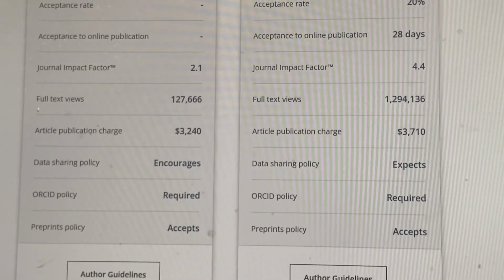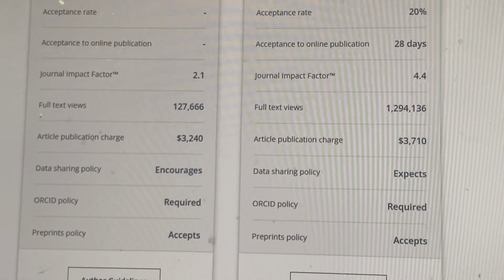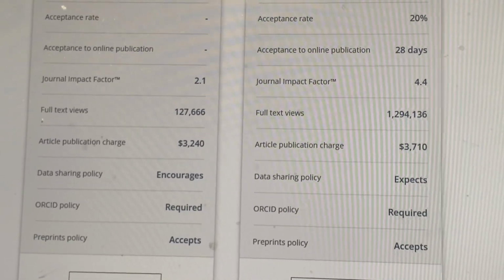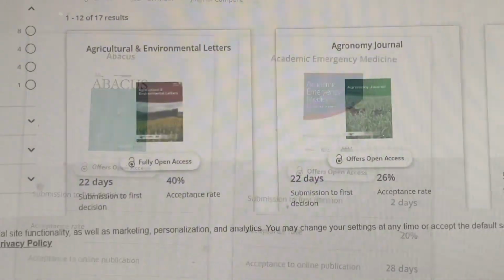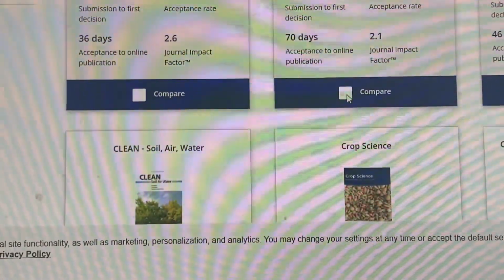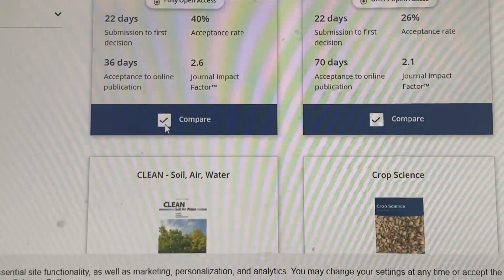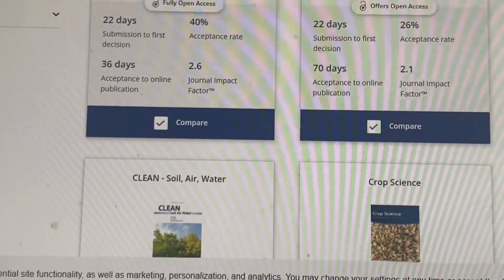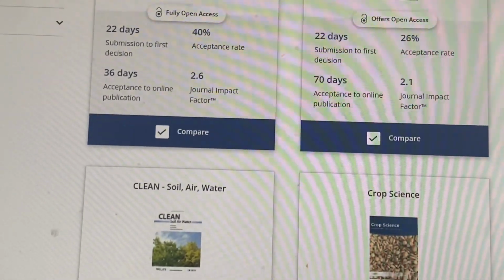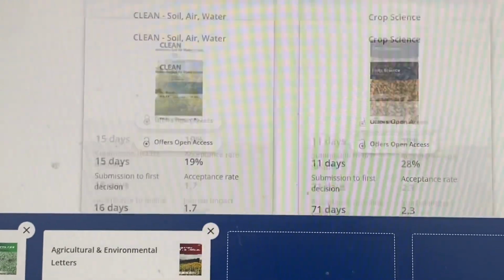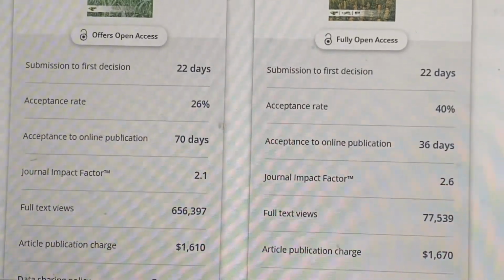And also within these options, you can compare. For example, here I get to compare these two journals, and you see they have different impact factors. The cost of publications is pretty much different too. So for example, in my field of soils, let's say I compare this journal and this one with the same impact factors and similar days to the author's first decision. If I see such journals and I'm pretty much excited about them and I want to compare which one is the best fit, I do compare them.